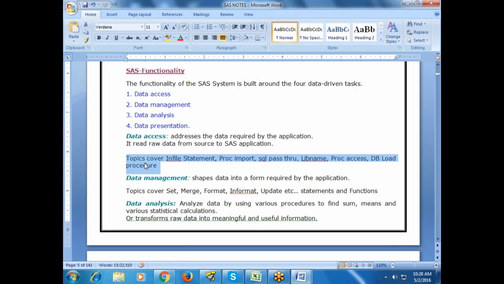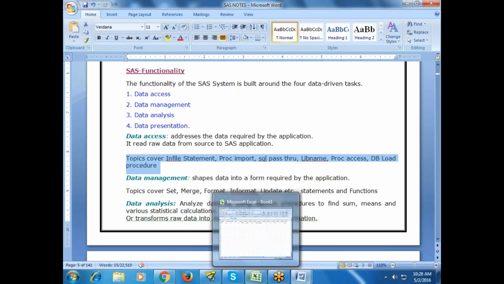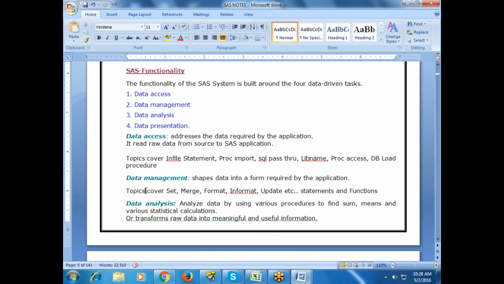Next concept is data management. Data management is nothing but rearranging data as per your requirement. It shapes data into a form required by the application.